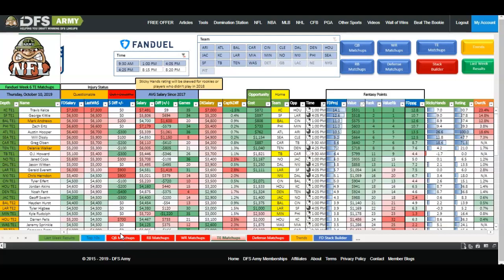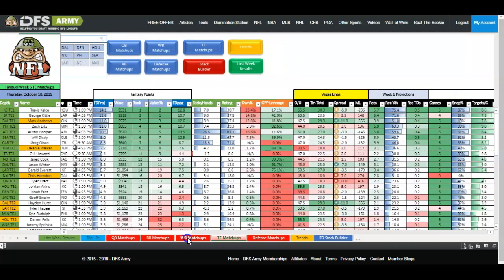That's why they're more volatile as a position too, because they're more touchdown dependent typically. We try to find those that are not touchdown dependent, and that's what we find in the home and the favored situations, the high implied team total situations, and of course those getting a lot of targets. So if I was to cut things down, which you've seen me do, just to the high implied totals and the favorites, you're going to notice